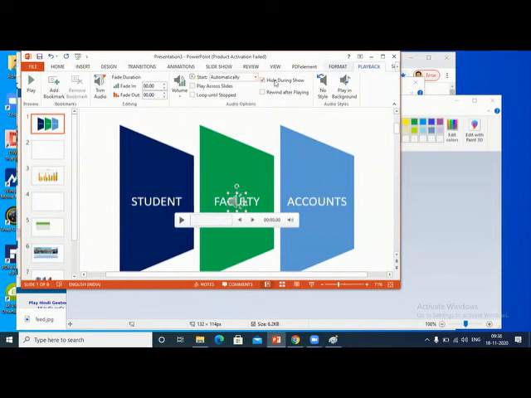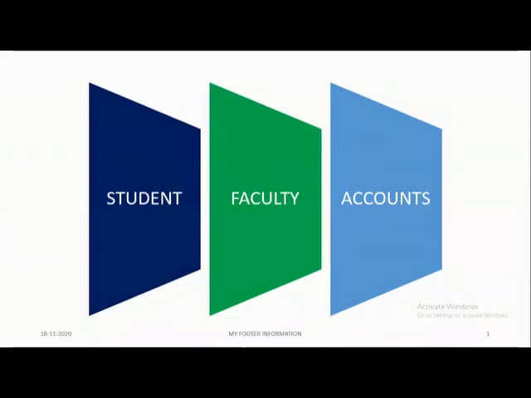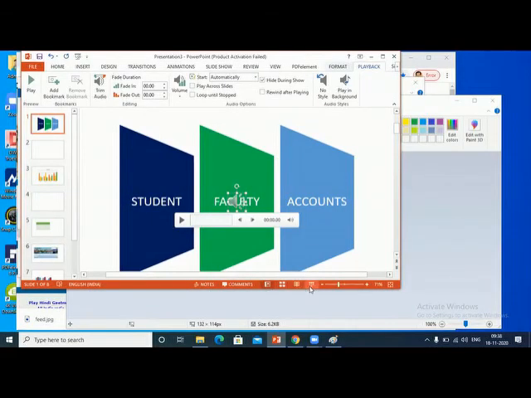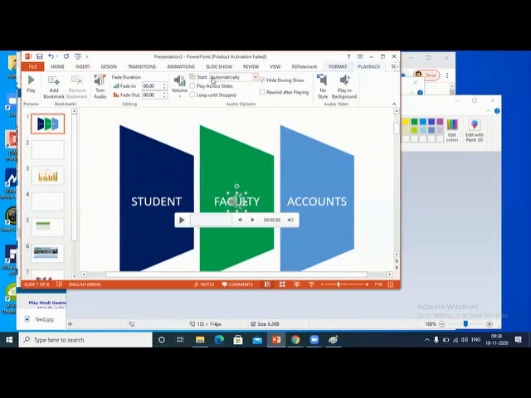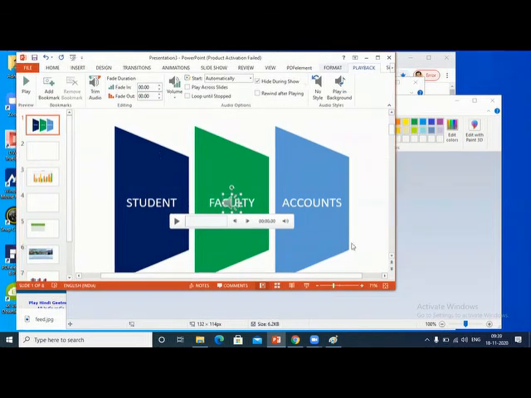One is automatically hide. And when you play it, you will hear the sound. Now you cannot hear because I'm not sharing the sound. That's how you do the sound. Okay, very simple. Go to insert, select the audio, online audio or from your PC, insert that one. Once you have it, you select it, it will be on click, you make it automatic and hide. And when you play this, automatically the sound comes. That's how I used to do during our webinars and other things. I used to keep sounds.